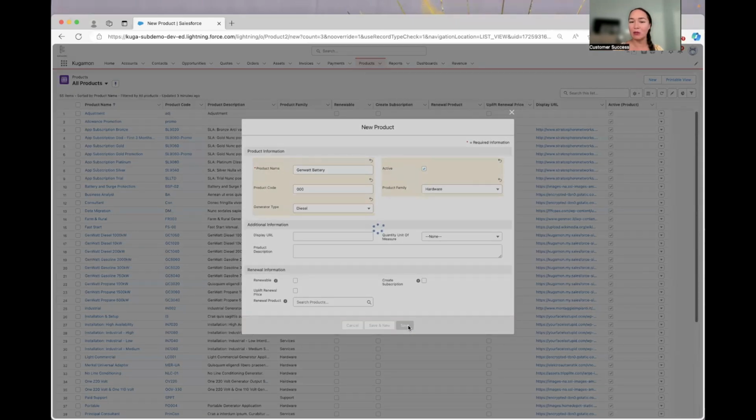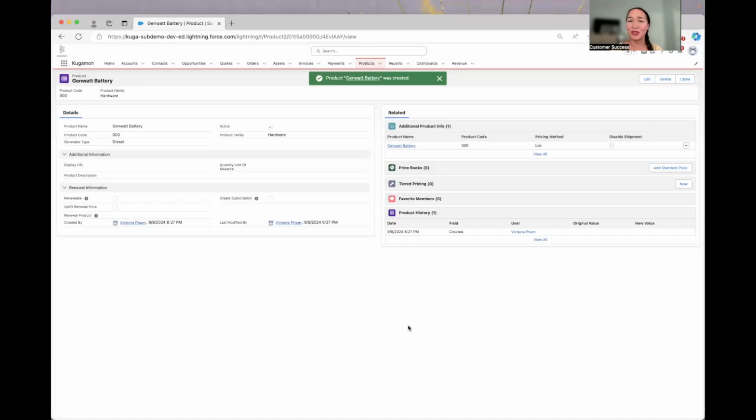So you might have similar things to fill out. It might be more, it might be less. That's going to be unique to your org. Now you should be seeing a similar page like this on your screen. This represents what's called a product record. Additionally, there are further details within the details section of this product record.